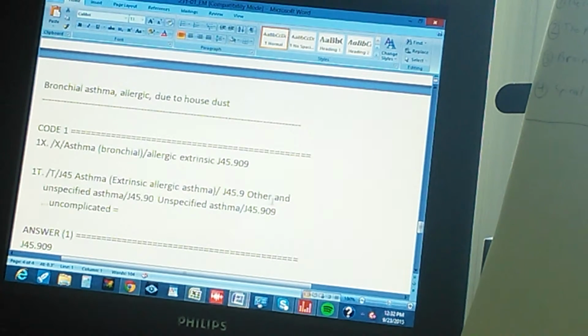And it says other and unspecified asthma. Right, because there's no more description in the text, so we have to choose that. And then one more digit. J45.90, unspecified asthma. Okay, because it's unspecified. And then J45.909, uncomplicated. As in the tip we told you, that is the reason why it is uncomplicated. So after you check this, you find that that's the right answer. So the answer was